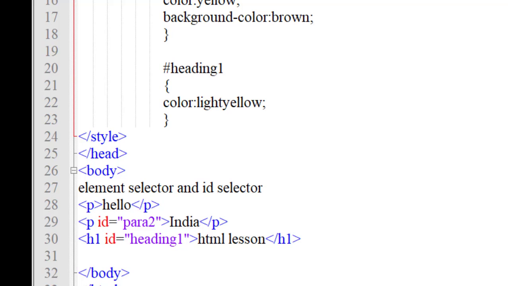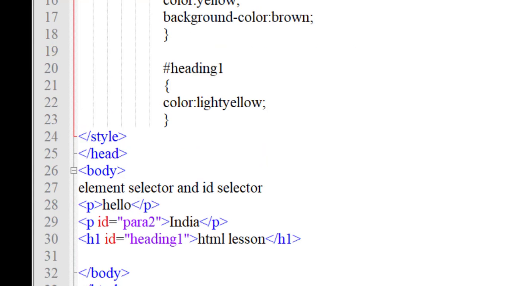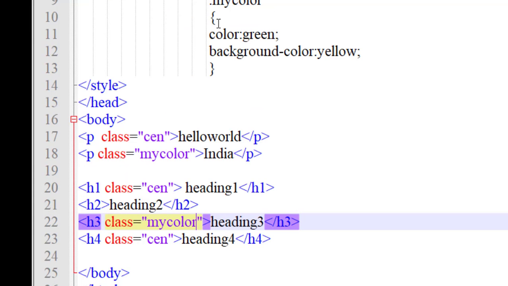But in this program, the class name can be the same, or you can apply the same class on other tags also. In the ID selector, you cannot use the same ID on different tags, but in the class selector you can use the same class on other tags. So you can use the CEN class and my color on other tags also.